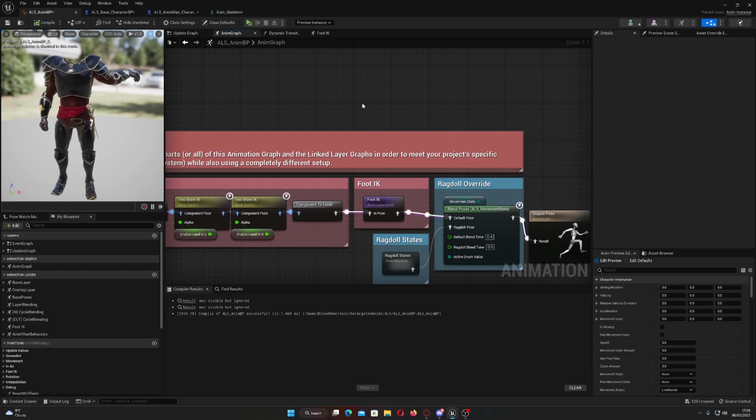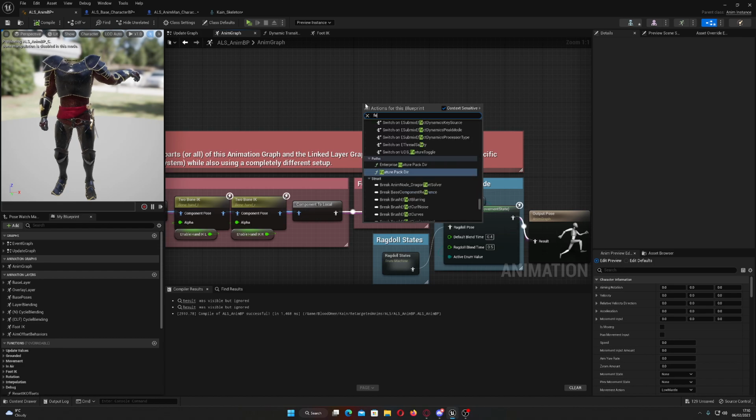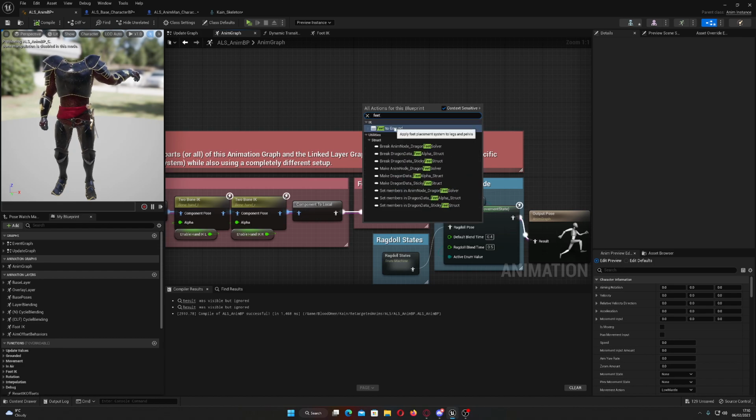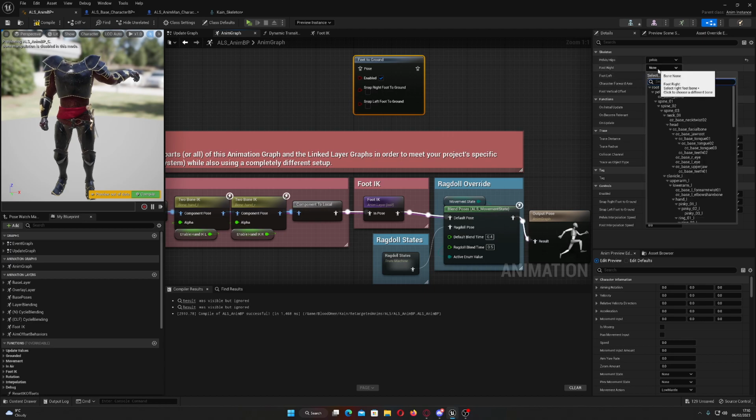from the standard one that just comes with the ALS. Things like Dragon IK is probably the one with the most features. It's the most complex, with full-on features. It's got a lot of things added to it over the years, and it's probably one of the better IK systems out there. But one I use is called Two Foot IK 2. It's pretty much the most basic IK system, and as you'll see here, it's a lot easier just to set up the pelvis and your foot bones, right bone,